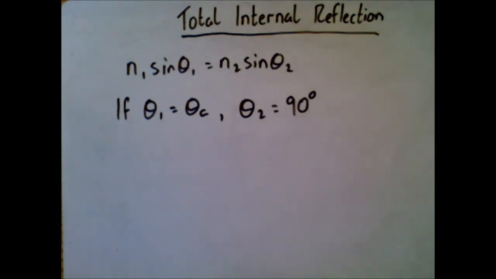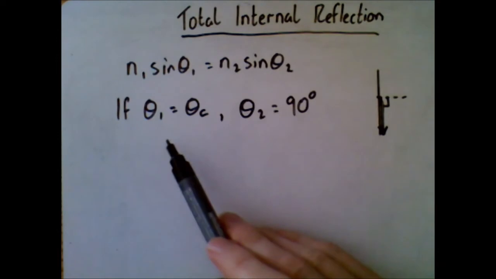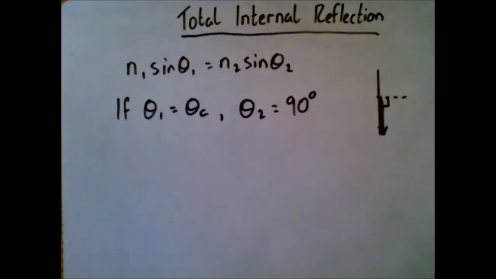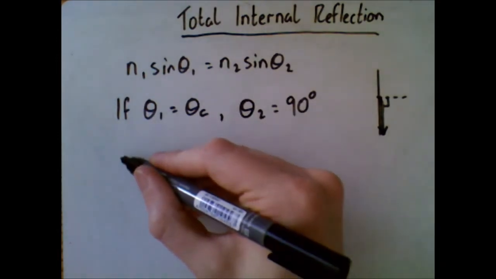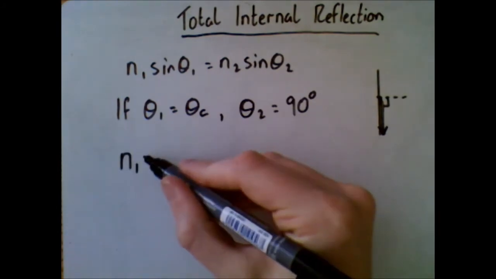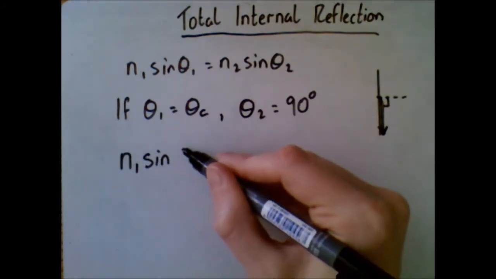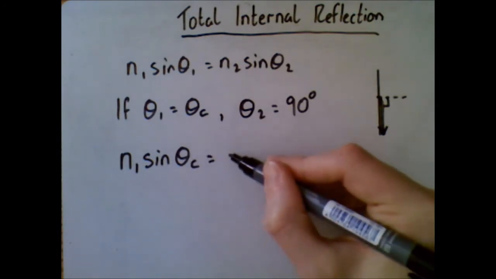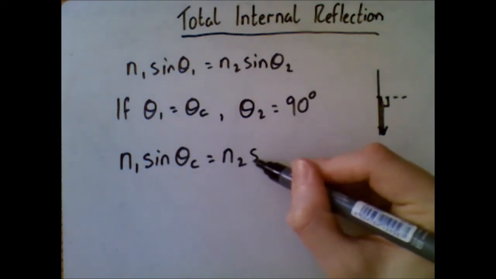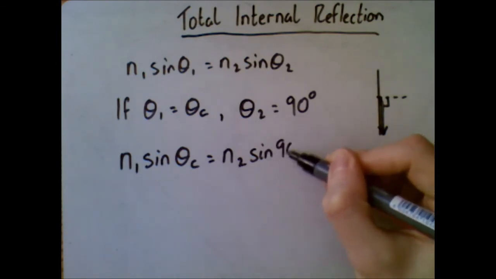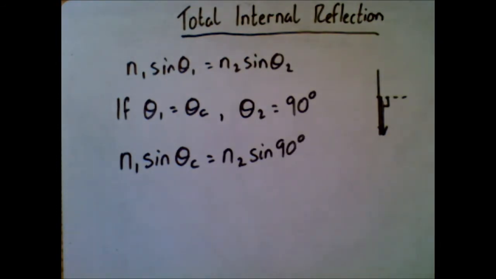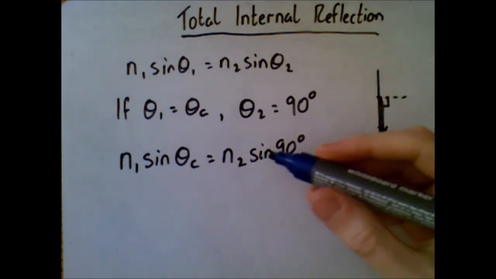Okay, because if you think about if that's the surface of my block, if the light ray is travelling along the surface of the block like this, my angle there is 90 degrees. So if theta 1 is equal to the critical angle, theta 2 is equal to 90 degrees. So going back to our formula then, I've got n1 times sine theta c equals n2 times sine of 90 degrees. Now hopefully you know that sine of 90 degrees